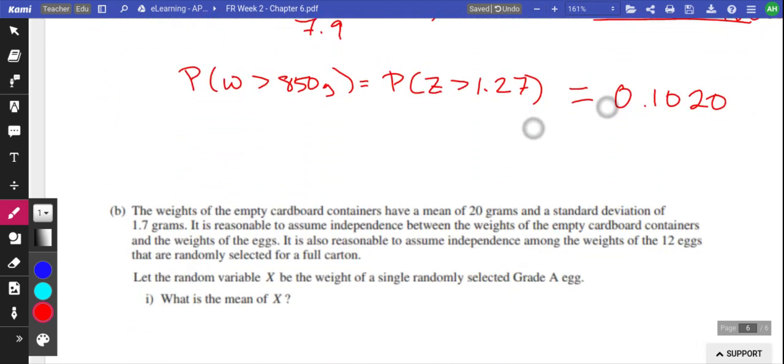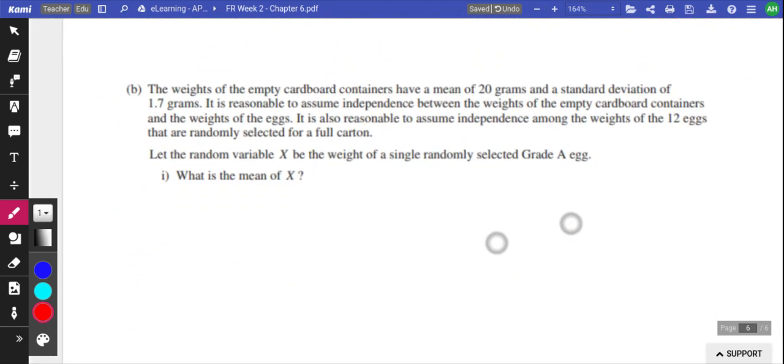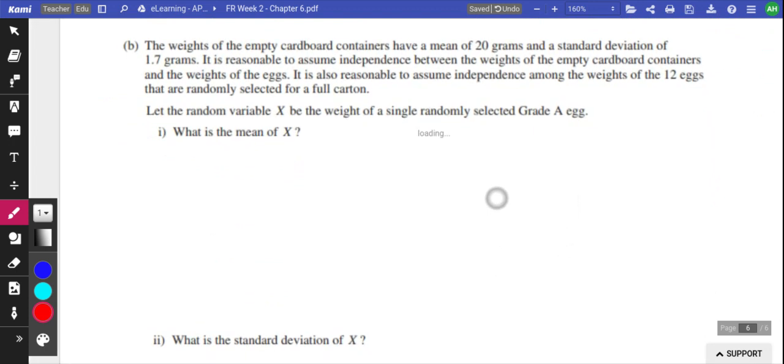Part B. The weights of the empty cardboard container have a mean of 20 grams and standard deviation of 1.7. Is it reasonable to assume independence? Basically, this is saying, all right, so what is the weight of a singly randomly selected egg? So it makes sense that the entire weight of the package,